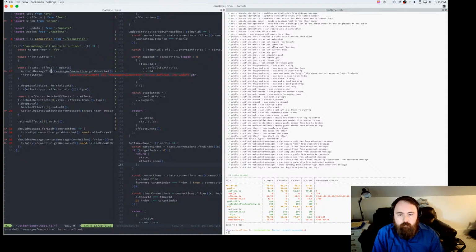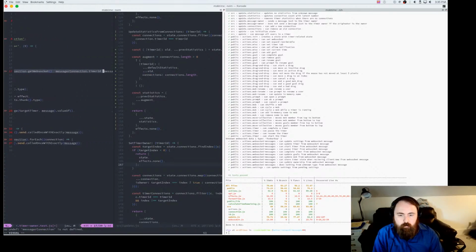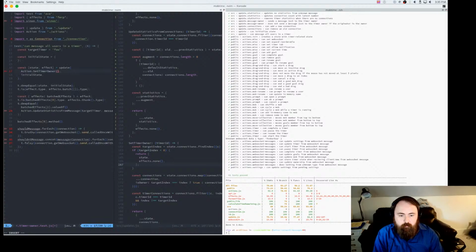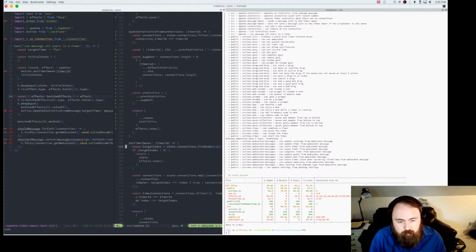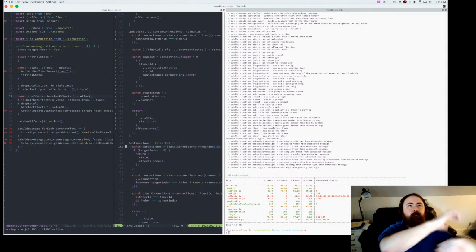Alright, so we are going to call set timer owner. And from there, we're going to have none of that. We're just going to have a timer ID. And it looks like we want to find the first connection of that timer. Almost makes me wonder if... yeah, that's probably a nice thing to cache.